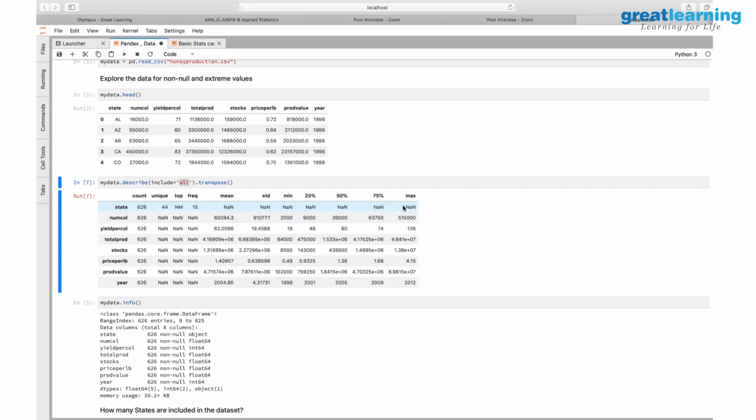None of these other things is possible as a numerical analysis, whereas all other variables are numerical variables, and you can get all these kinds of data. Interestingly, for the numerical variables, it does not provide these unique, top and frequency values. Is this looking clear? But just to see, for the year, it does all these calculations. It is calculating the mean year, which is nonsensical. It doesn't make sense to calculate the average year. There is no standard deviation for the year, unless you convert the year into a different numerical form, which is more meaningful for you.